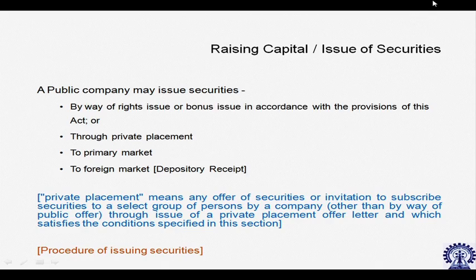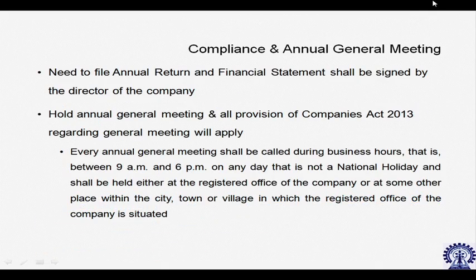Now, let me take you to the next issue relating to compliance. In case of compliance also, a public limited company is quite stringent compared to a private limited company. So, you need to hold an annual general meeting periodically and in the manner prescribed in the act itself. Before you hold the meeting, you need to give all the required information to all the